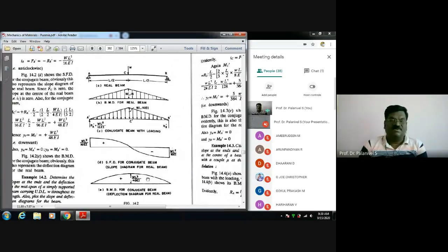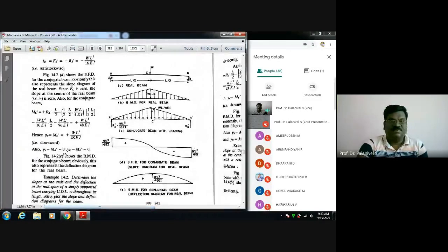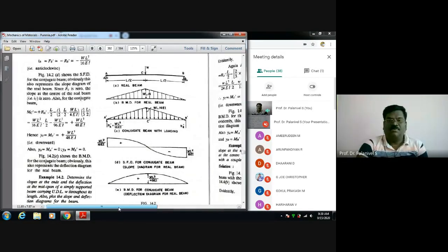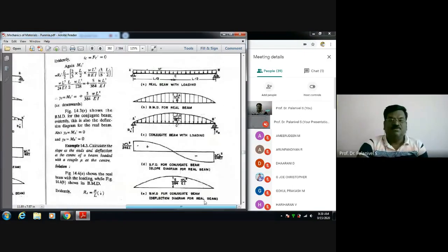This I have done in my discussion. We discussed in my last class how to get this by the conjugate beam method. So I told you to work out the UDL case, and here the UDL worked example is available. There is a simply supported beam subjected to UDL. How to determine the central deflection as well as the slope at the supports by the conjugate beam method?